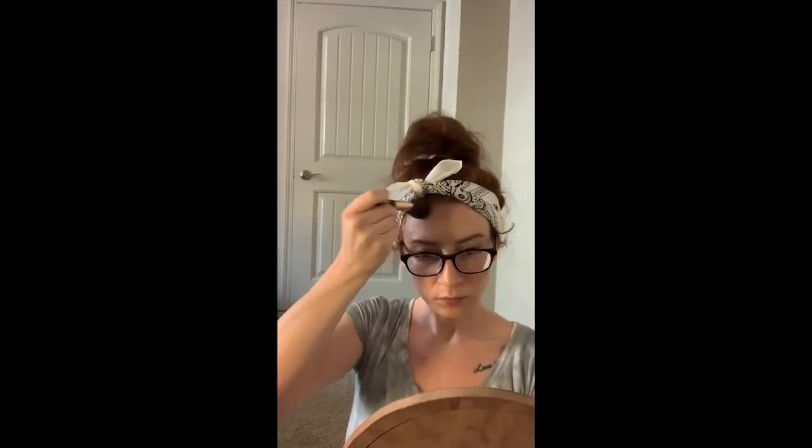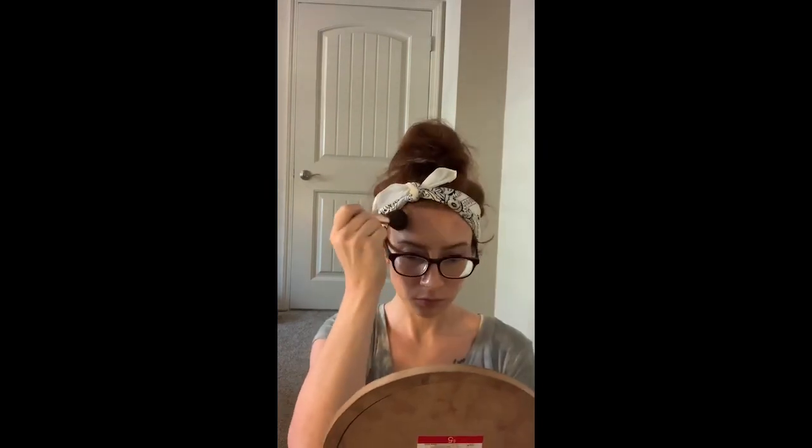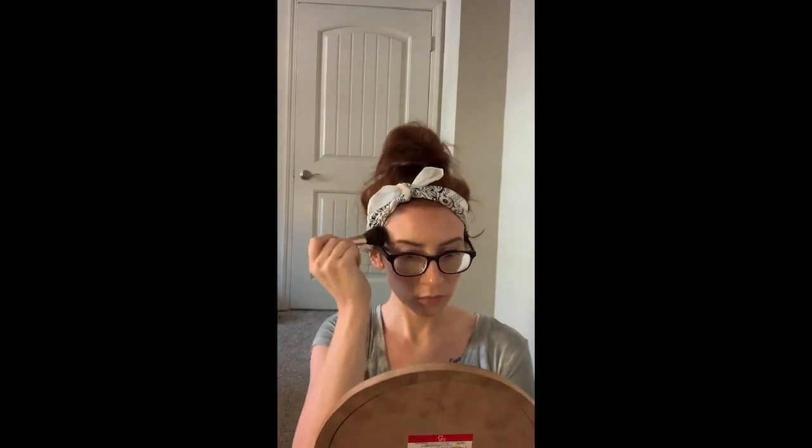And for the last step, this is some bronzer. This is a Charlotte Tilbury one. It is a good one, but I do have a cleaner product on the way currently, so I'll be excited to get that. But this one's good, and I like to be pretty precise about where I'm putting this. Also, very important to note, I like to just press it onto the skin instead of rubbing it on the skin. If you've noticed throughout all of this, I don't just pull on the skin, or I'm not rough with